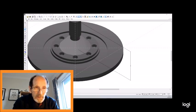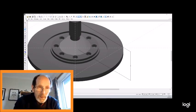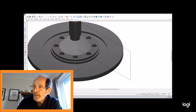One is the flywheel, which needs to be turned down to a certain set of dimensions. The friction plate, which needs to be modified, obviously, and the adapter plate has to be made for the Austin 7 gearbox. I'll cover the latter two in this little video. In the background here, you see